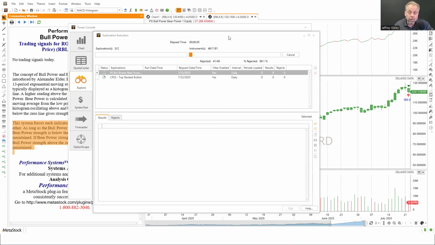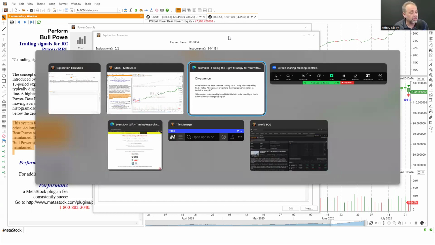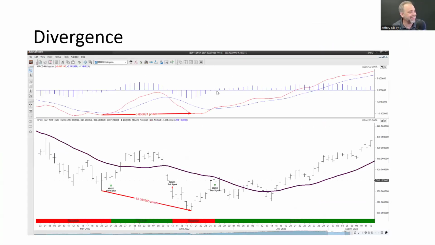What I want to be able to do is get rid of all the stocks that don't have an opportunity and focus on those ones that do have an opportunity. And I think that's one of the things that Metastock does very, very well. I'd even venture to say best. So this will go through it. It's going to kind of chunk through the data. It's going to tell us any of the buy signals, bear signals. It's going to go ahead and finish. So am I. Just like that segue.